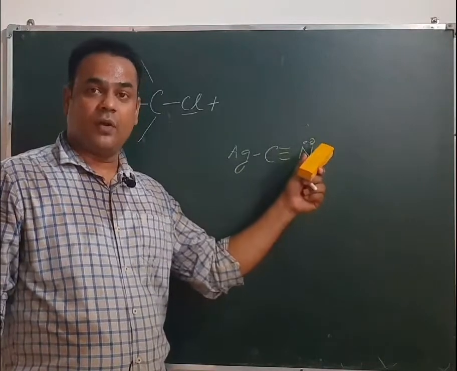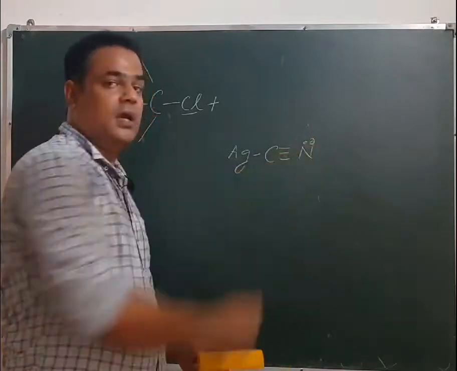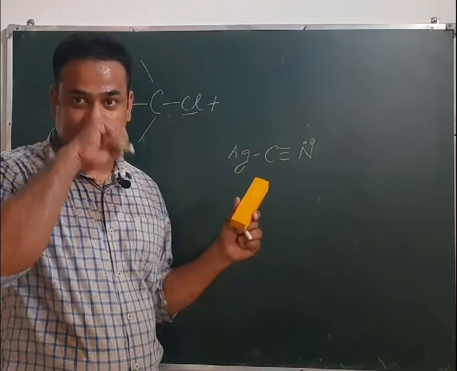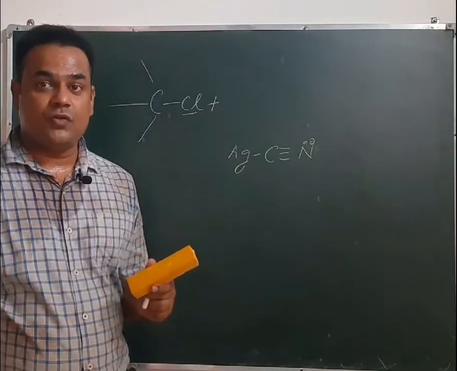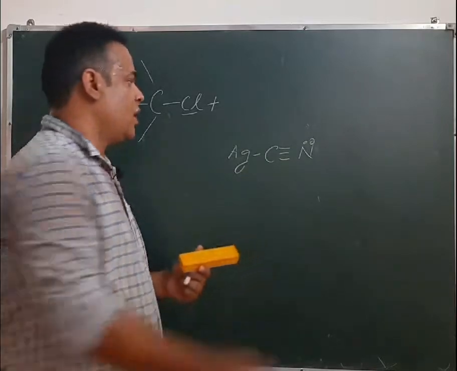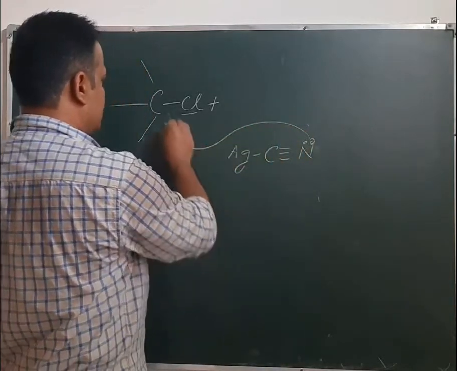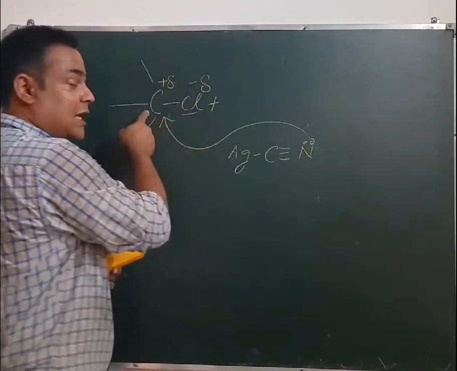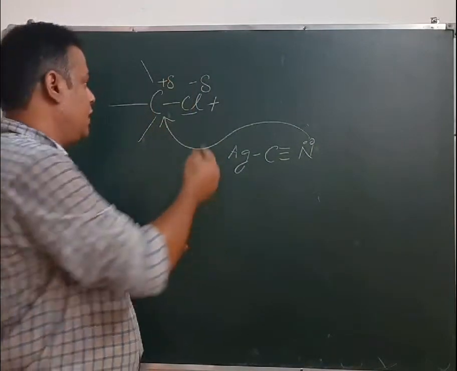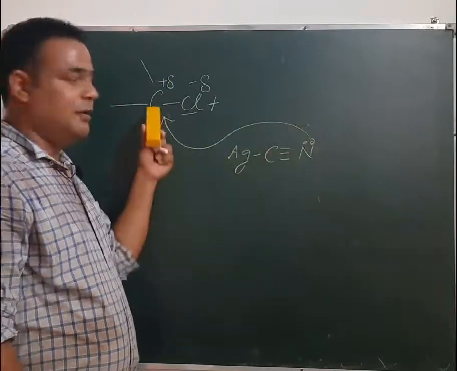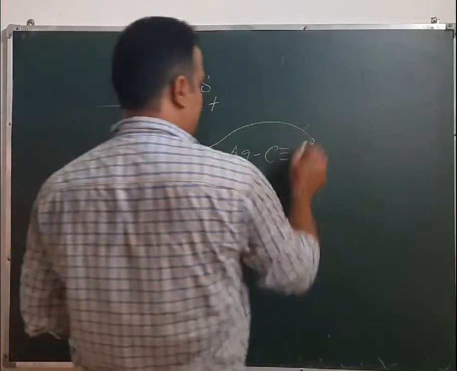This lone pair will make this compound a nucleophile. That's why in AgCN the nucleophile is not the cyanide ion; the nucleophile is the whole molecule itself. So this electron pair will be given to this carbon atom, because it is acquiring a positive charge. This is our electrophilic center where the nucleophile attacks. So this nitrogen will behave as a nucleophile and attack here, resulting in the formation of